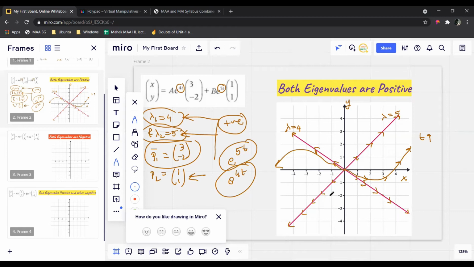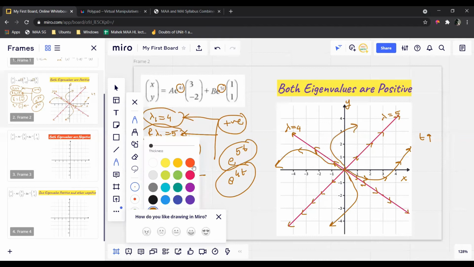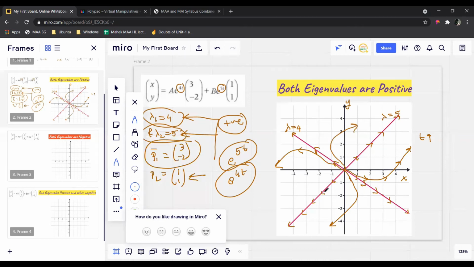Move somewhat parallel to lambda equals 4 and then move parallel to lambda equals 5. Similarly, you can draw it over here also. Move parallel to lambda equals 4, and then bend it. Similarly, you can draw here also. Move parallel to lambda equals 4 and then bend it. Minimum 2 arrows are enough. Like I drew one arrow here, one arrow here, both of them are enough. But if you want, you can draw in all 4 regions, and draw more lines.